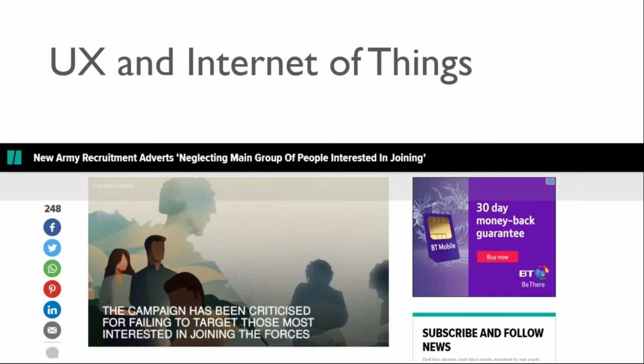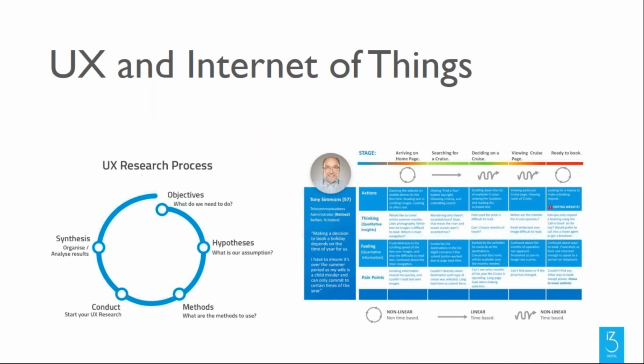Which I think brings us on to our next slide, which is just to talk about two of the things that we do, if you wouldn't mind, Stephen, that helps to avoid the possibility of completely missing the mark when we're doing a new piece of work for a client. Exactly. Like as John says, missing the mark is so important, and you must have a preliminary, set-in-stone research process of having a clear objective. You need, what are your assumptions of how this user and this demographic, how are they going to get involved with your product or service? And to get that research, what methods are you going to use?